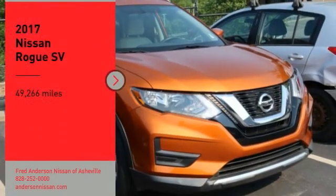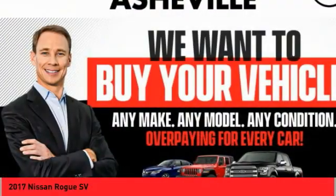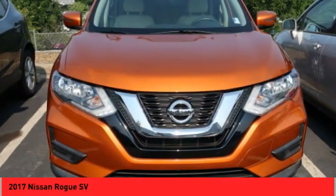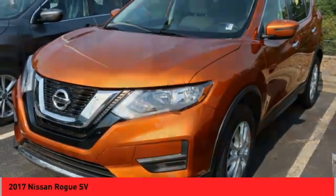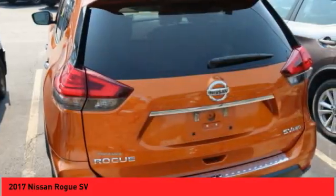Looking for the right vehicle? Check out the 2017 Rogue. The stylish Rogue gets 27 miles per gallon and still boasts nearly 58 cubic feet of cargo space. With a 5-star side impact safety rating and confident handling, the Rogue is more than you expect and everything you